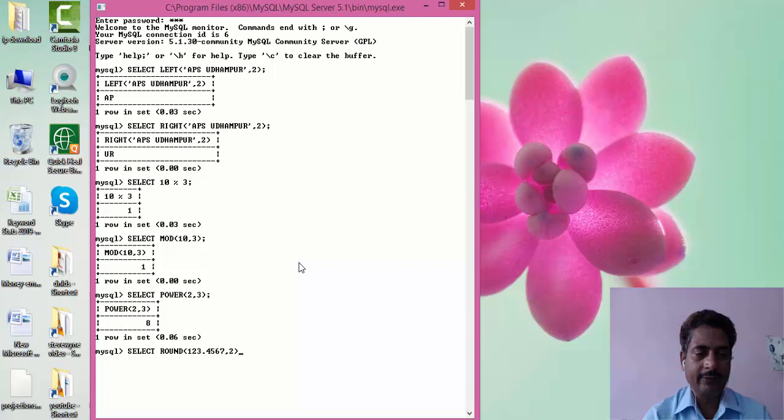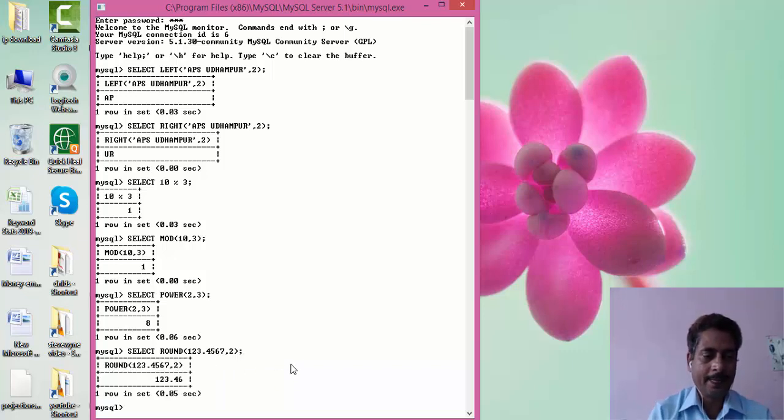So what will be the value? It will show 123.46. Why? Because the second value is 5, and if the value is 5 or more than 5, the value increases by 1. So it will show 123.46.